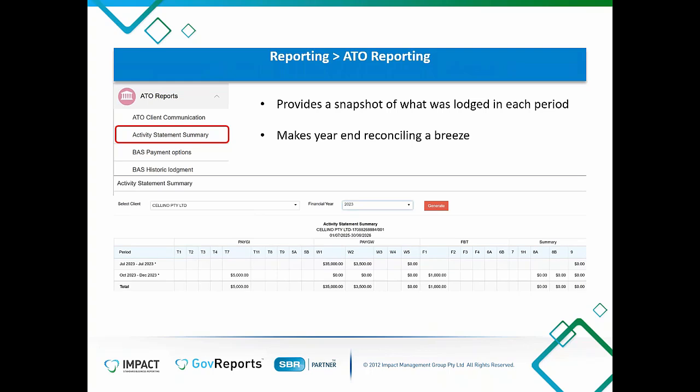This way, you can run your activity statement summary report for a period. You can do it for a financial year, and you can see all the lodgements that the ATO has received, all the different categories, whether it's 1A, 1B, W1, W2, your 5A and all that sort of stuff, all in there. And then you can compare it to what you have in the software, what you reckon it should be for the whole year, and you can pick up any necessary adjustments,